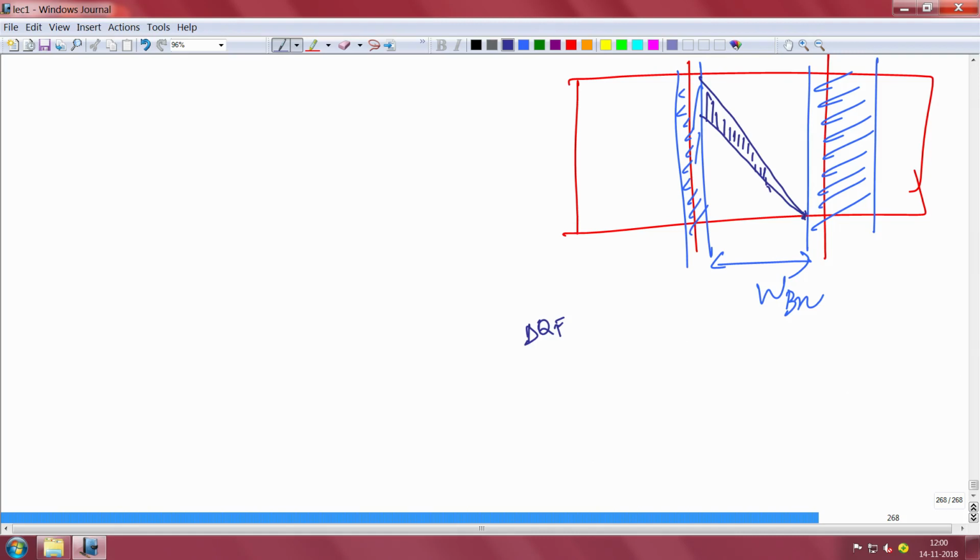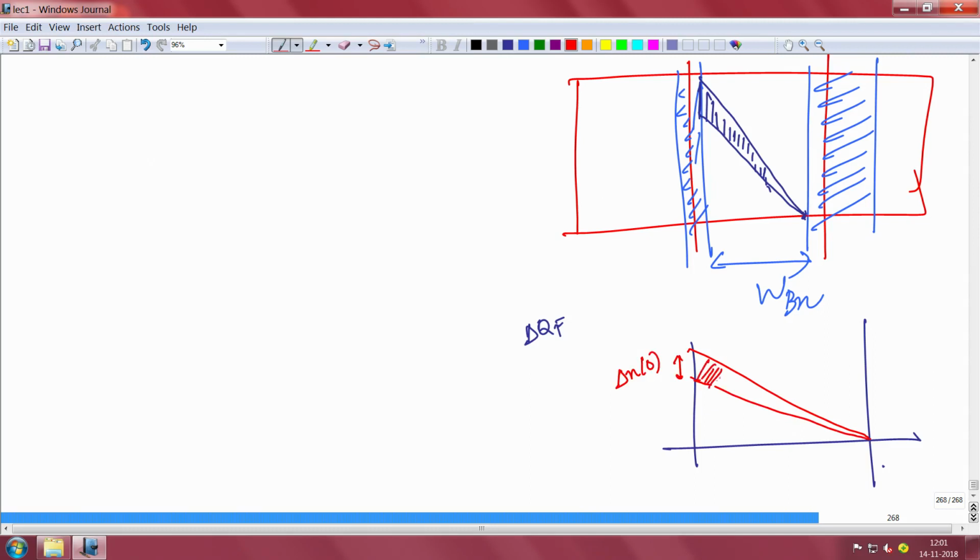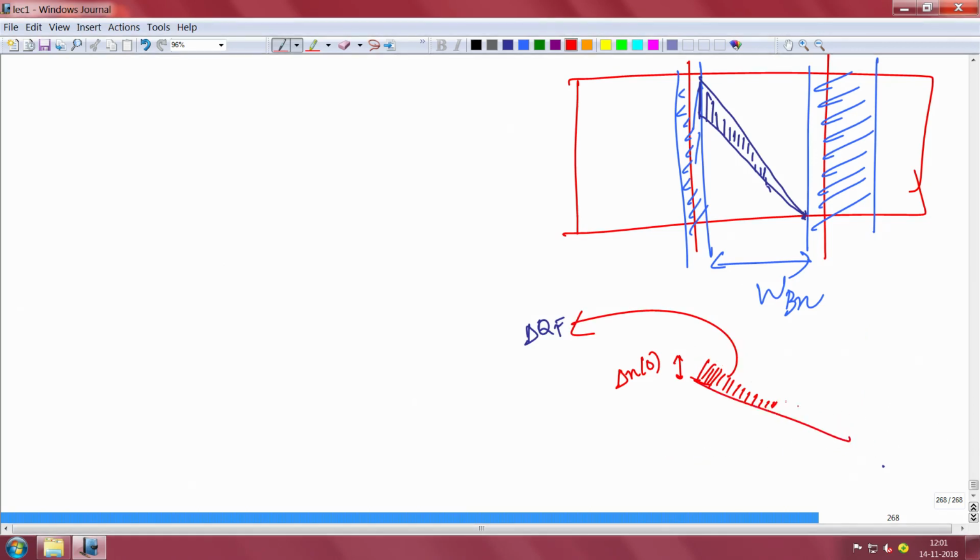So for any change that you have here, if I am drawing this condition, suppose I have a carrier profile that is decreasing like that. If I am changing it by a small amount delta n at 0 here, then it is coming like that. This is the charge that you are modulating, which I am calling delta QF, right. It is the charge, okay. But here it will not come exactly to 0, but it will come to some value. The reason is there is a velocity saturation. So it will not be exactly 0, but there will be some small value, okay.